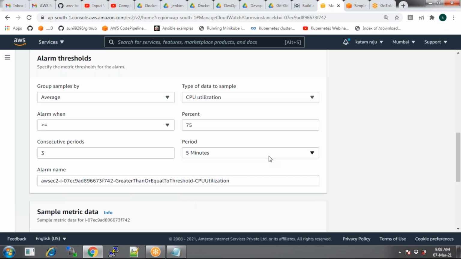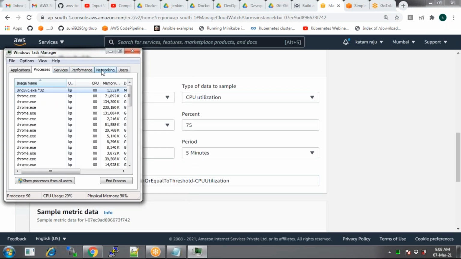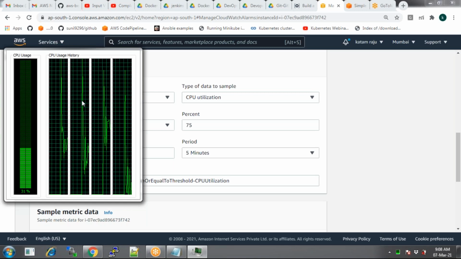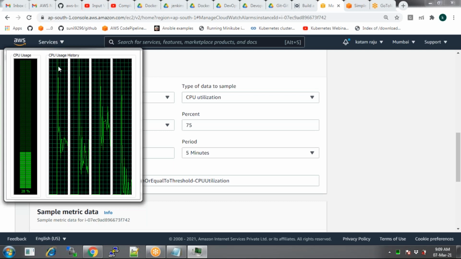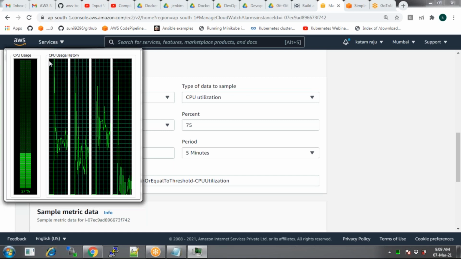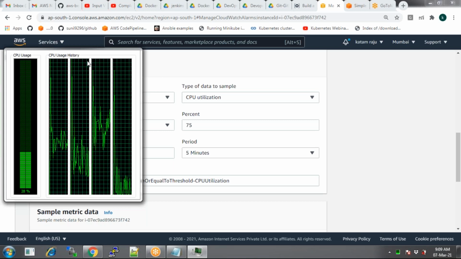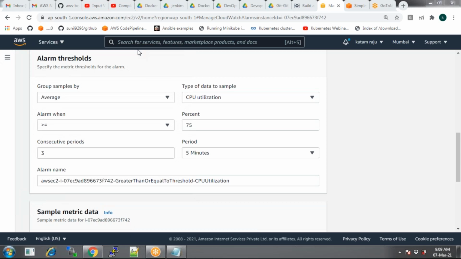What does it mean? In some cases, even when you look into your instance, task manager, services, applications, where do I see that black window? Here, right? You see that? So there is a spike. You see the spike? It's reaching up to the maximum. This might happen sometimes for the instances. They may go up to the maximum, but they come down again. You see that? They may come down. So that happens quite frequently.